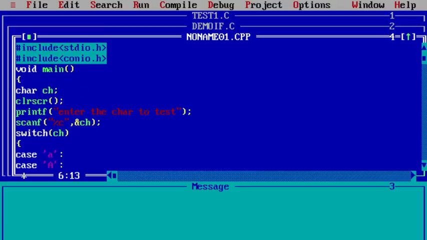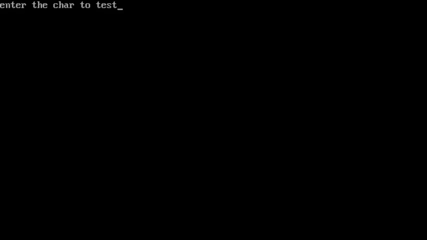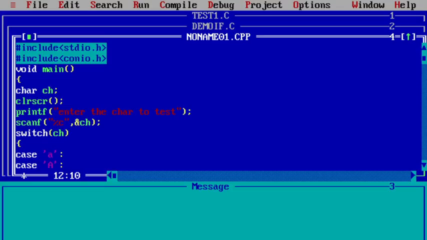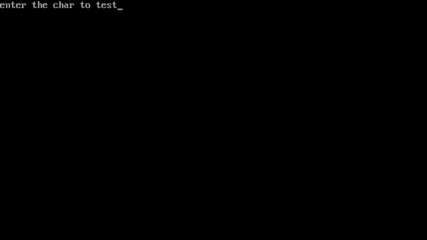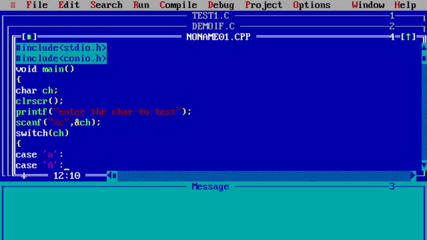What was the difference? I am reading the character value and then the ch value, so A should match. What is the problem? It's not displaying the output.